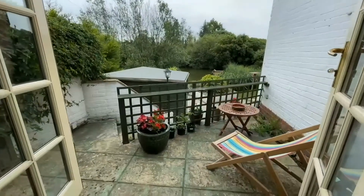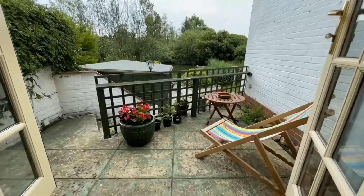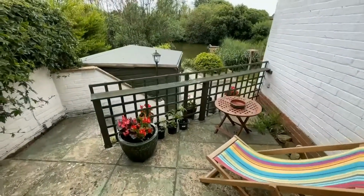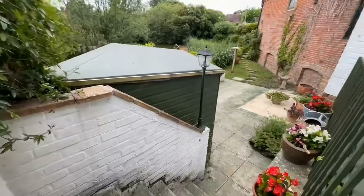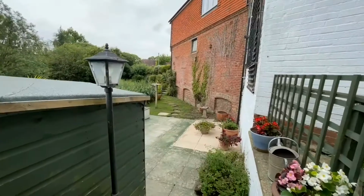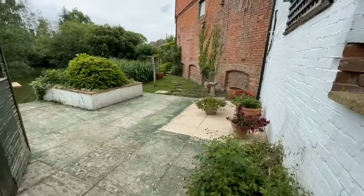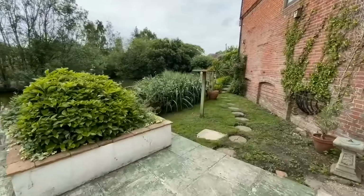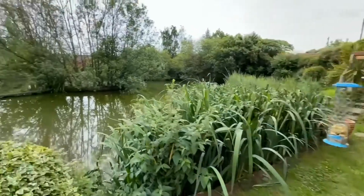So I think I'll start off by showing you the garden as we're here. We're just looking out the back of the property, and we've got a raised terraced area here, and a set of steps which will lead us into a lovely, very unusual but very interesting garden. So we've got an additional very significant terrace here, which leads to a small area of lawn, and